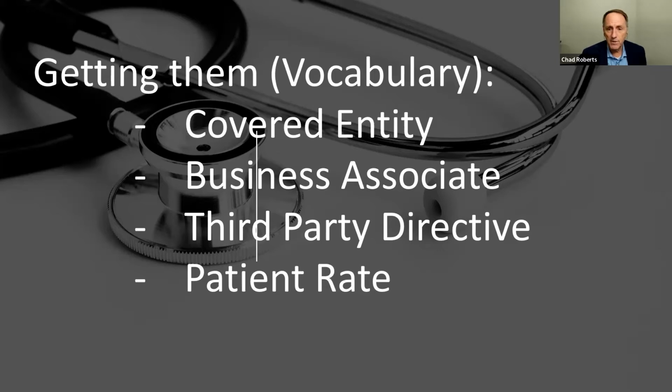Just some vocabulary that we need to have when we talk about electronic medical records. There's four here that I think would get you started when you read these things. The first two are old HIPAA terms, and they're a covered entity and a business associate of a covered entity. So when we as electronic discovery users, handlers, HIPAA, this thing we've always heard about,